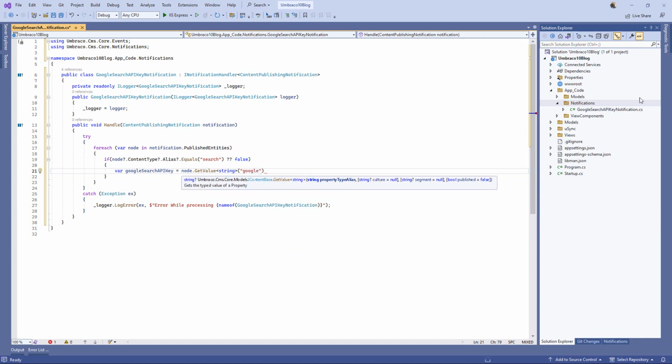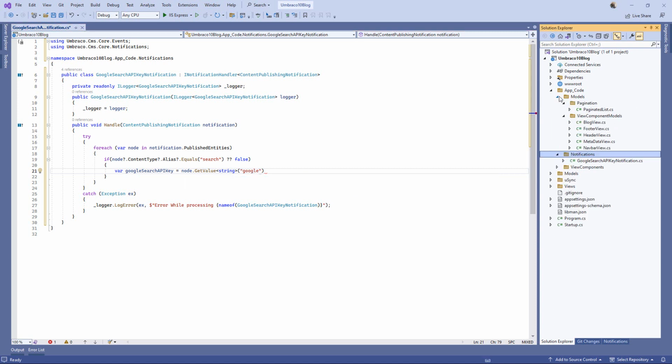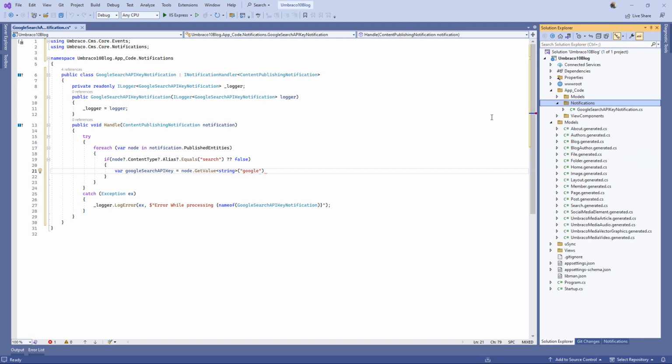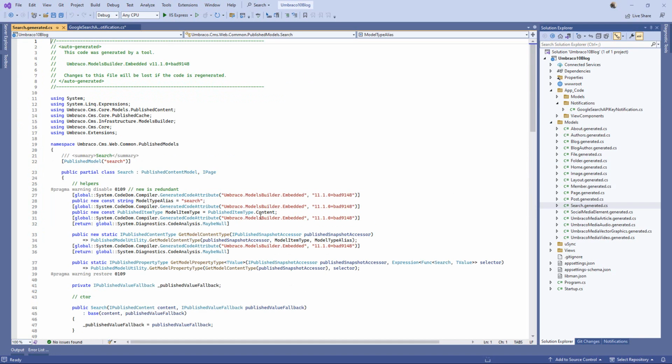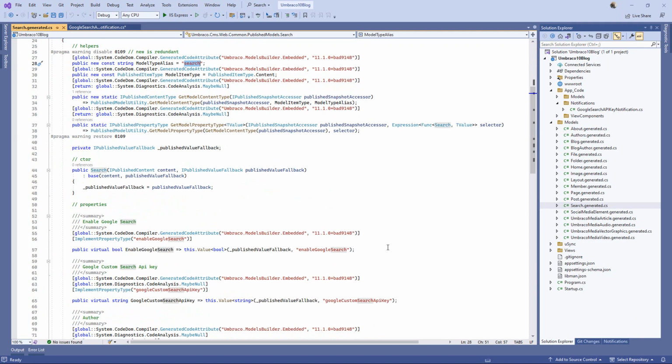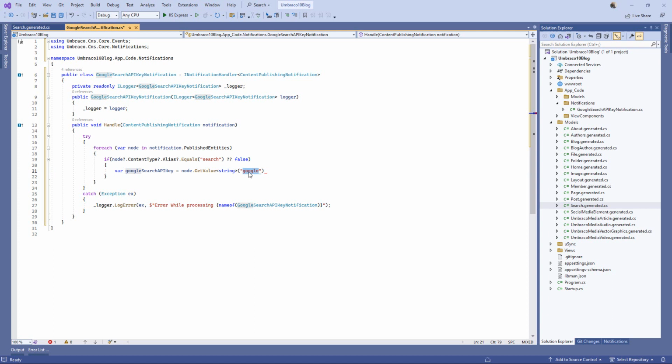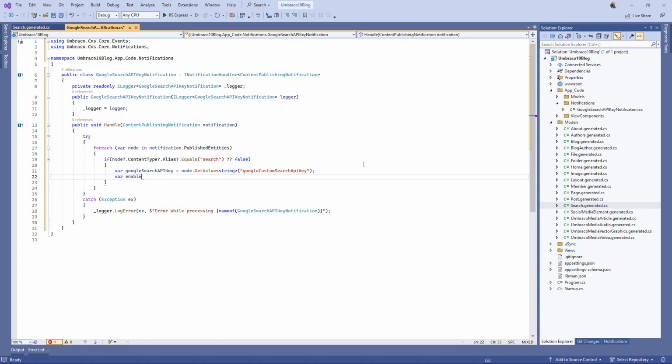We can get it from the models, no, not from here. You can run the project and get it from there, but let's go to search. So here is the main alias for the main node, we need something called Google, this one. So we are in the key, so let's do it like this. So we got the value of the key here, and also var enable Google